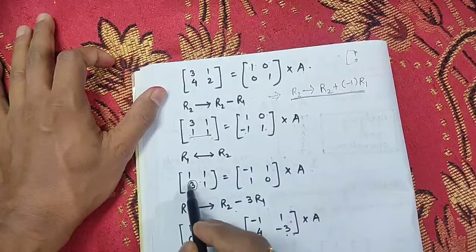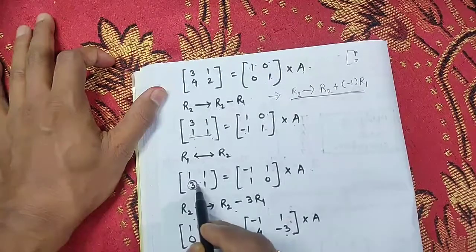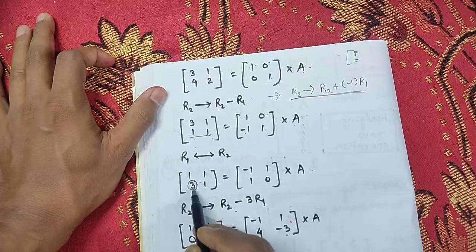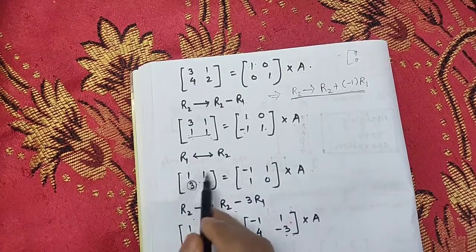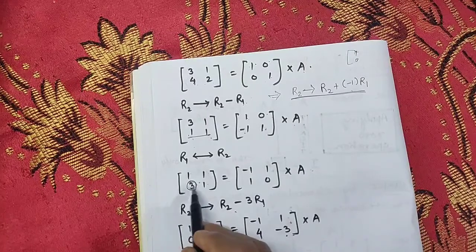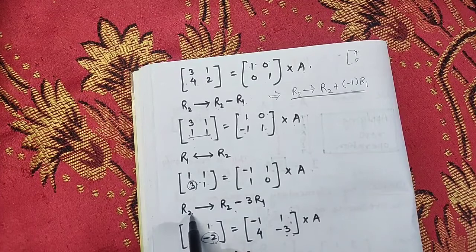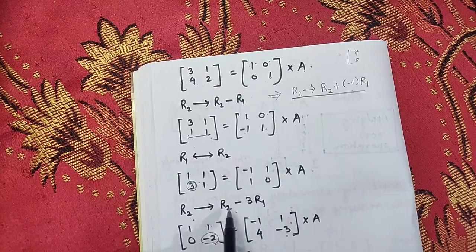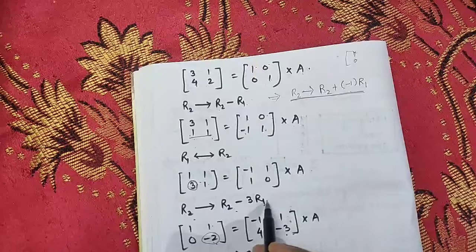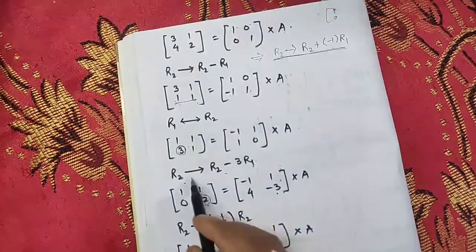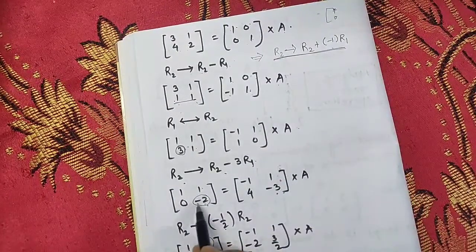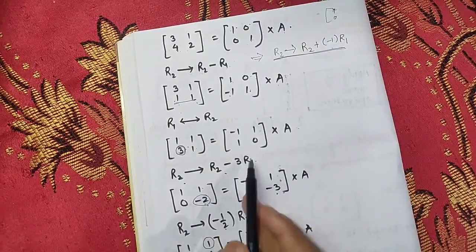Next target is we have to make this 3 into 0, because 1, 0, 0, 1 we have to make. So we have to convert this 3 into 0. How we can make? If you multiply 3 with row 1 and subtract from row 2, you will get that. That means row 2 we are changing. How we are changing row 2? R2 minus 3 into R1. Now do this operation. By applying this operation you are getting this one 0. So same operation we have to apply over here.